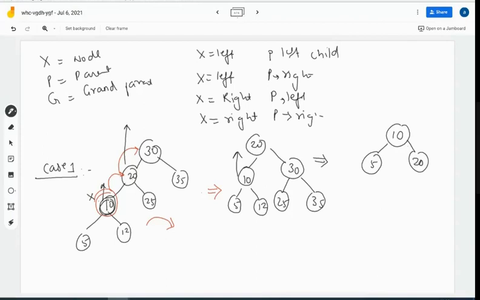Since you can see 12 is the right child, I'll be attaching 12 at this particular point, and the remaining 30, 25, 35 remain as the children of 30, right? So we have taken the condition where it is left of left.